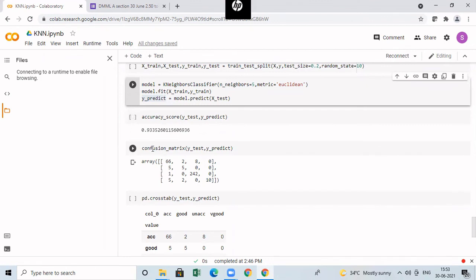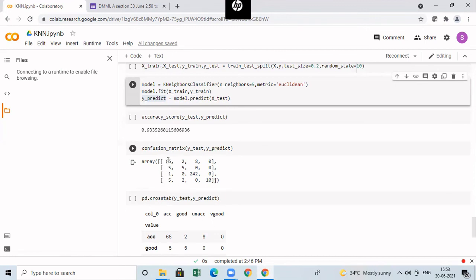And finally, you can print the confusion matrix. For that also, we need to pass again the two parameters, y_test and then y_predict, which are nothing but actual value and then predicted value. If you see this, the values are printed. As I already told you, the confusion matrix is always a square matrix with n cross n size. N is nothing but the number of class labels in your target class. Here we have seen that in our target class, we have 4 labels. We have already seen in the beginning. So the size of the confusion matrix will be a 4 cross 4 matrix.